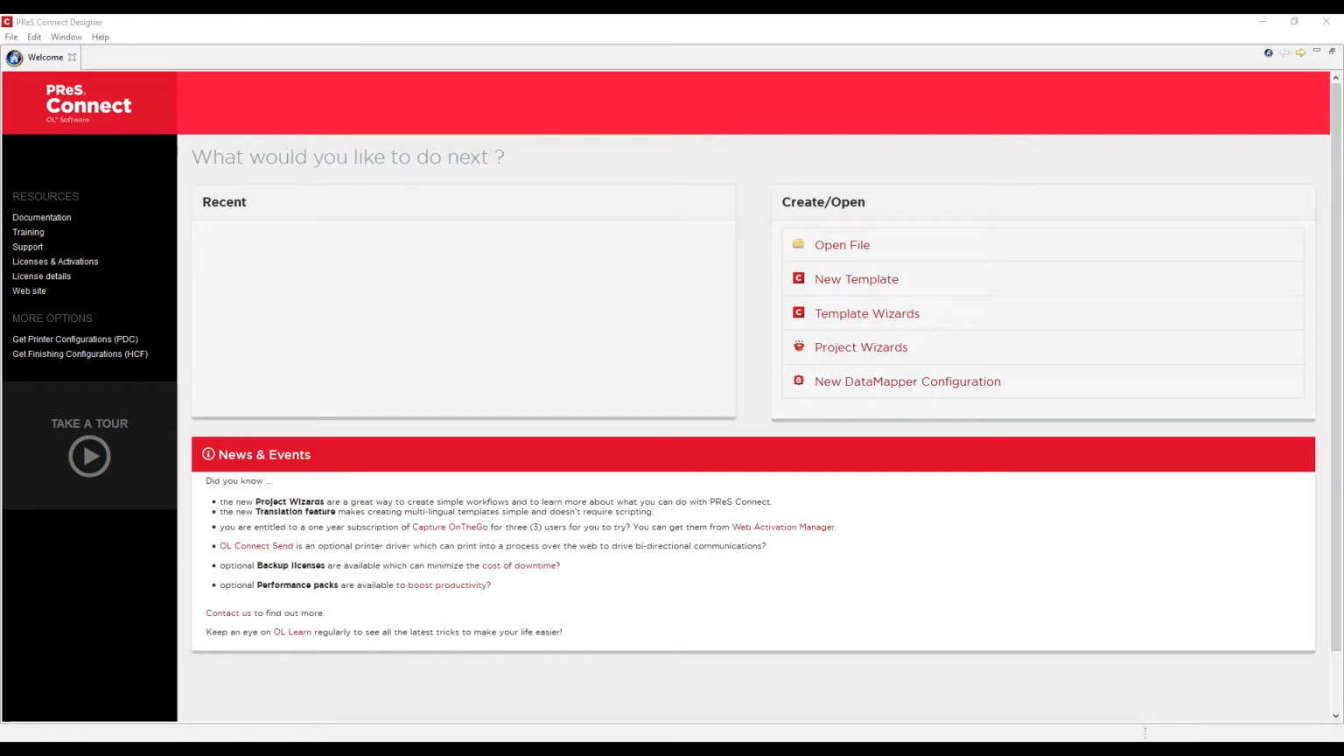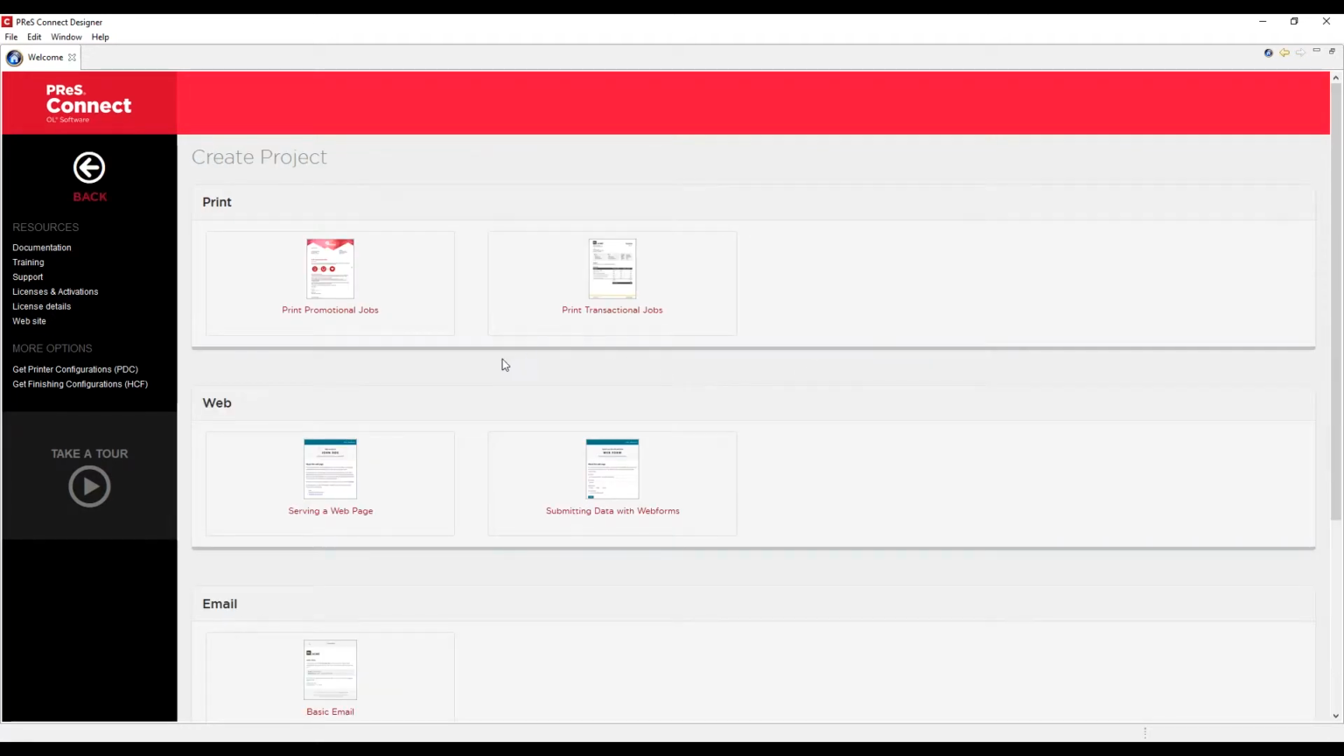Project Wizards were originally created for new users, first-time users, but novice users and even advanced users might get some value from them, so it's well worth taking a look. To start a Project Wizard, it's very easy. You just need to go to the home page, select the new menu item called Project Wizards, and from there